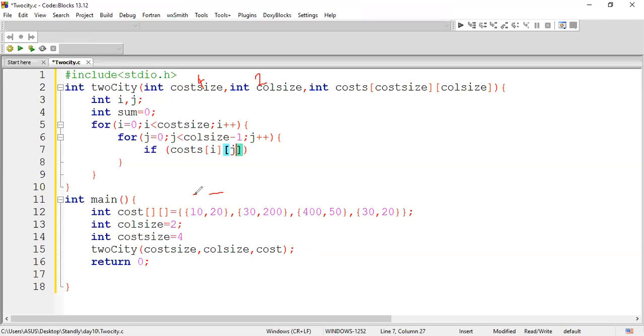I should compare the 0, 0 element with the 0, 1 element, right? These 2 elements have to be compared. So what I'm going to mention here is whether this value is greater than cost of i, j plus 1. Is that clear? I'm taking these 2 values and comparing them. That is the reason I'm mentioning column size minus 1.